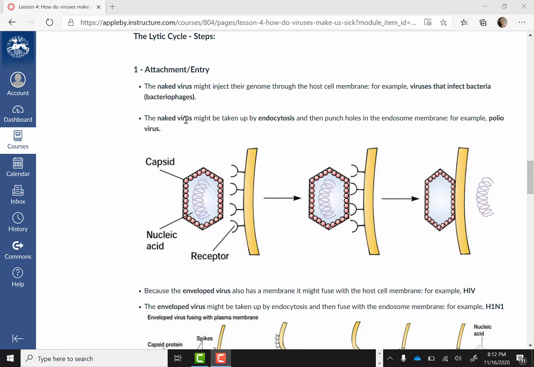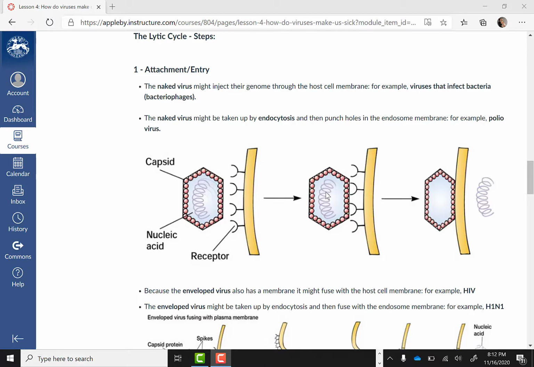The second way is that a naked virus can bind to these host cell receptors and be swallowed or engulfed into the cell through endocytosis. Once it gets into the cell, it actually punches holes in the endosome, that kind of vessel that took it into the cell, and then it's free to roam around in your cell, and then it can release